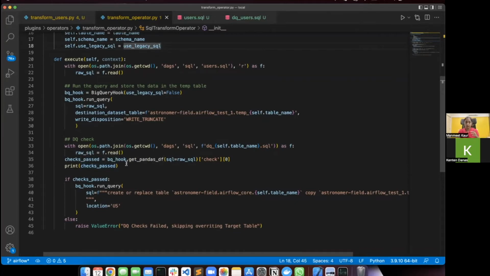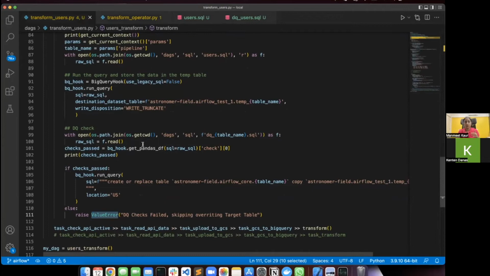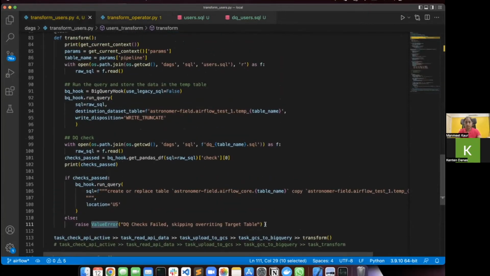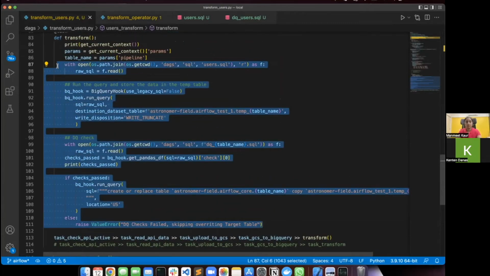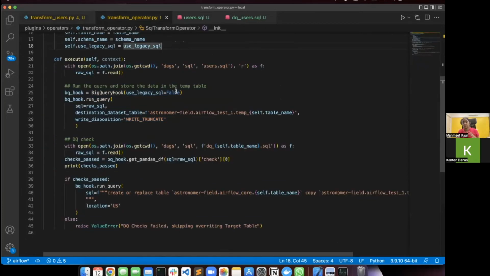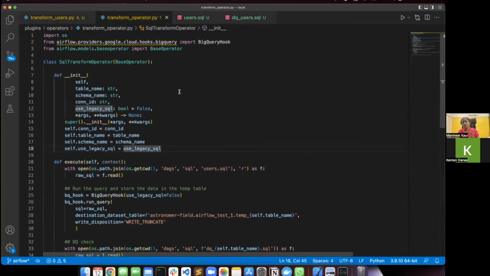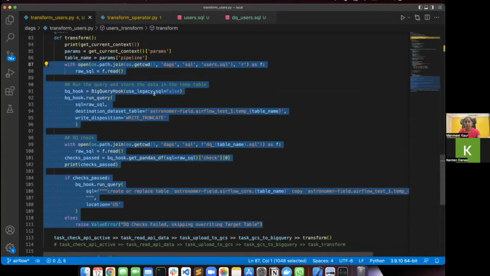So what I've done over here is I've copied over this entire logic from here into my transform operator. That's it. Nothing else I've done. I have imported the base operator class. I have created a new class. And then in my existing tag, what I'm going to do is,